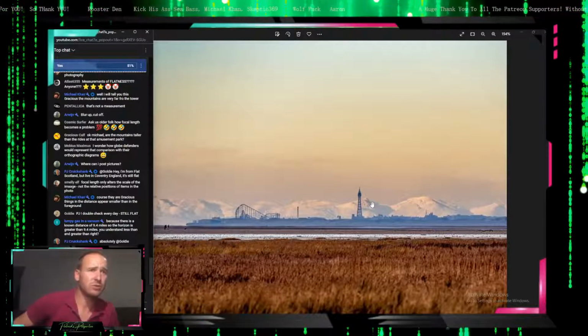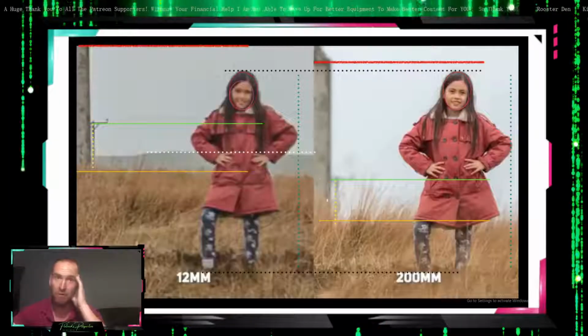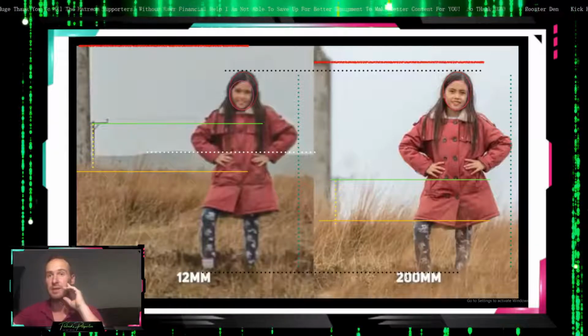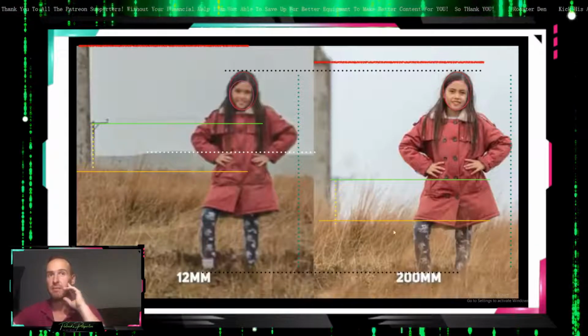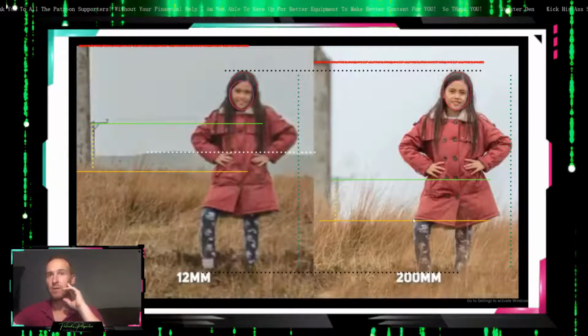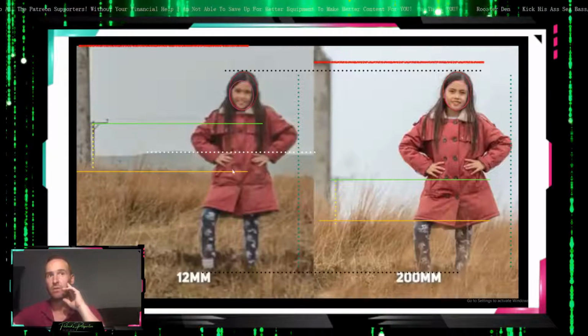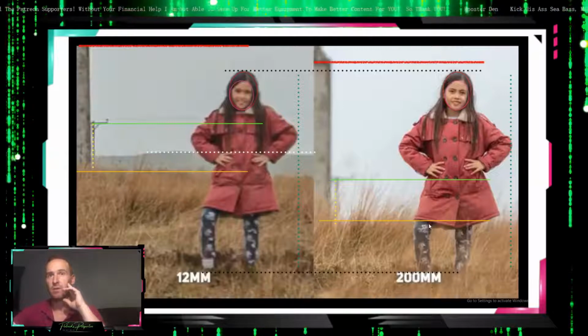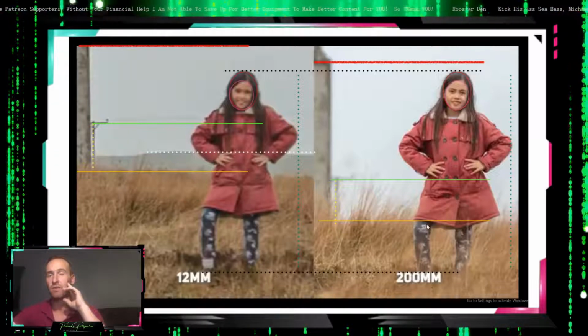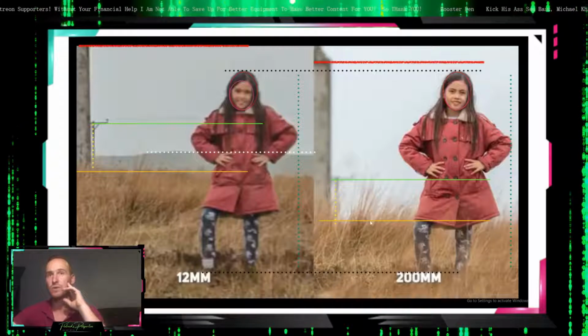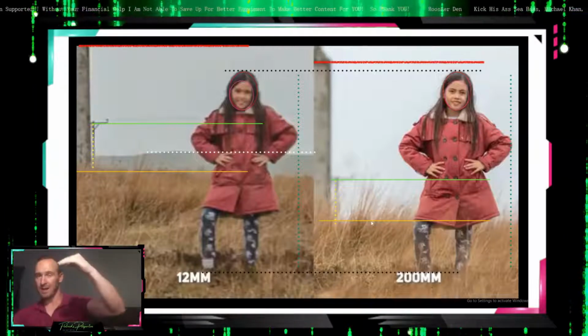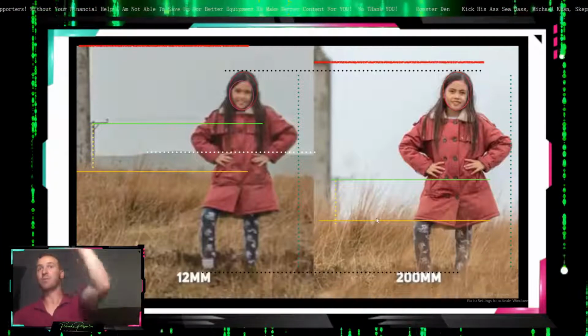I don't think I need to show any more of the frame. This is the 12mm, this is the 200mm. This is where the ground appears. The ground you see there. Look how high the ground looks towards Shiana there. Look how it has raised there. You see with the 200mm, it has caused the ground to look, how can I put, more compressed. It makes it look more that it's going